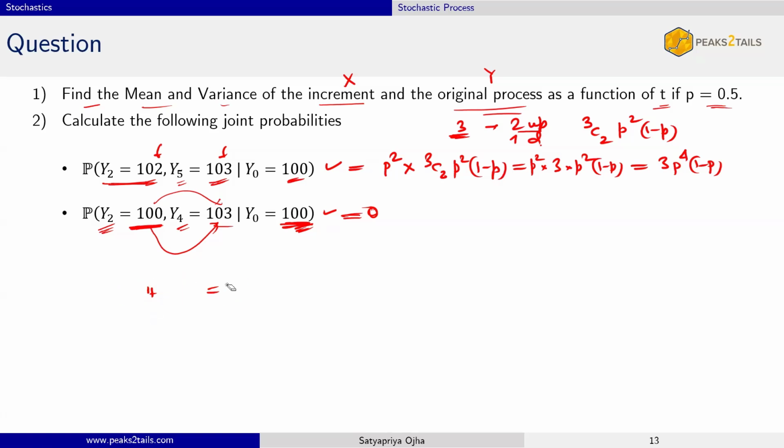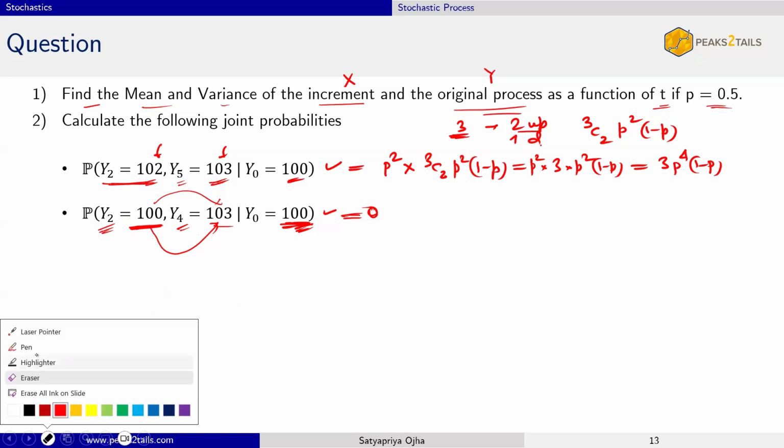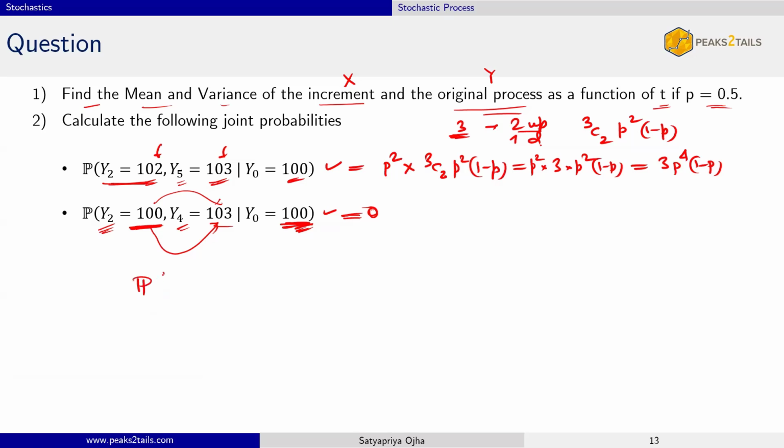Let's do this. This is a homework. Please try this. Okay. Probability of Y_n. So after n steps, the value of Y taking a value small y. What is the probability? The inputs would be given n, the value y. If I give you the value and the number of steps, you should be able to give me the probability. And Y_0 is 0. These are the inputs. What else? Oh, there is one more input, p. The answer will depend on this.